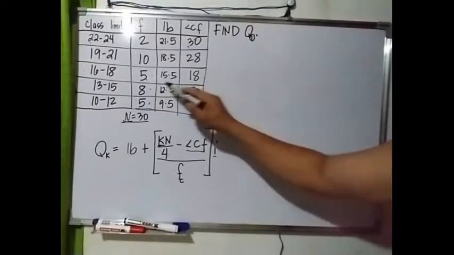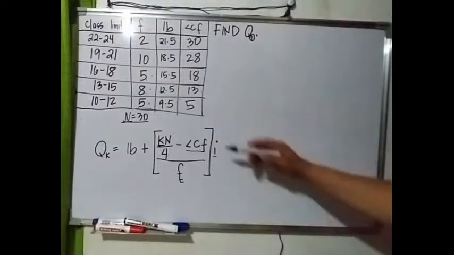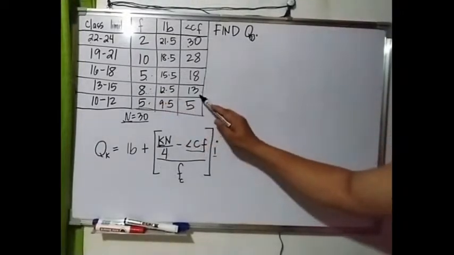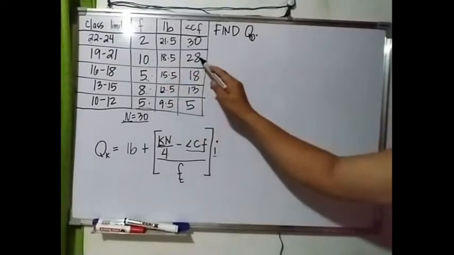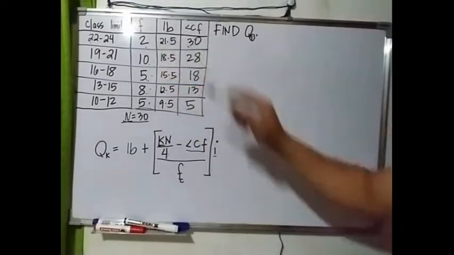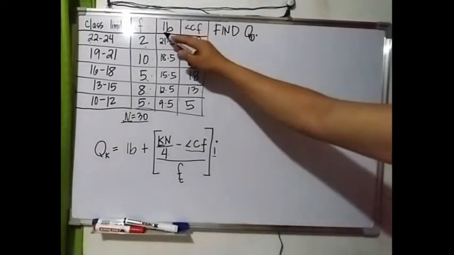Then 13 minus 8, that is 5. Okay, pwede rin 5 plus 8, 13 plus 5 equals 18. 18 plus 10, 28. 28 plus 2, that is 30. Okay, nakuha natin yung lower boundary and